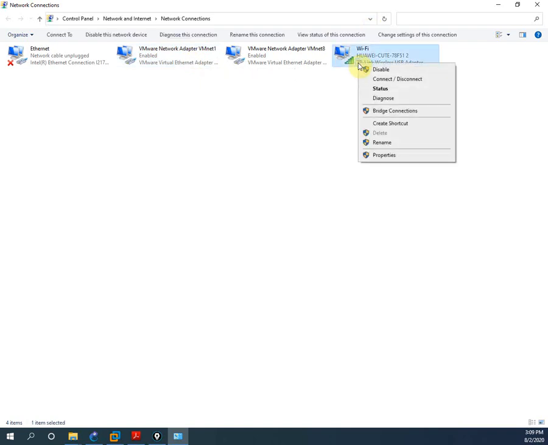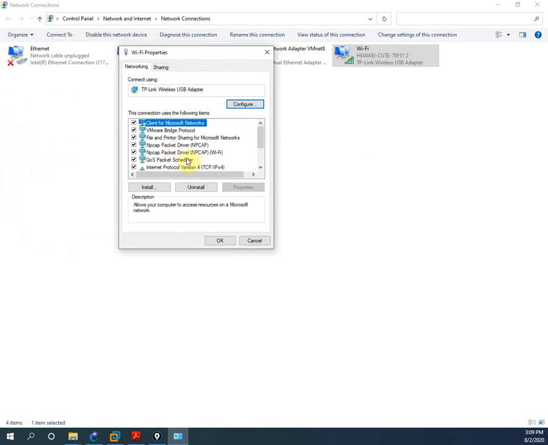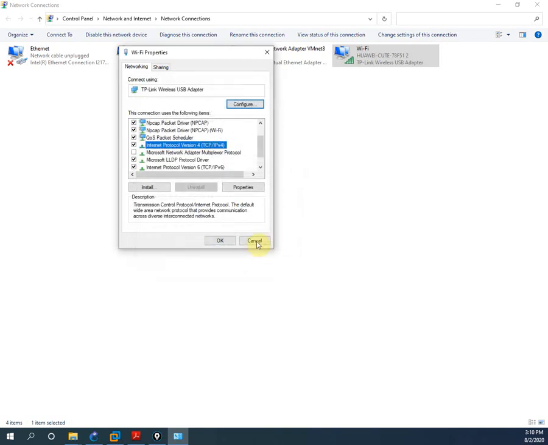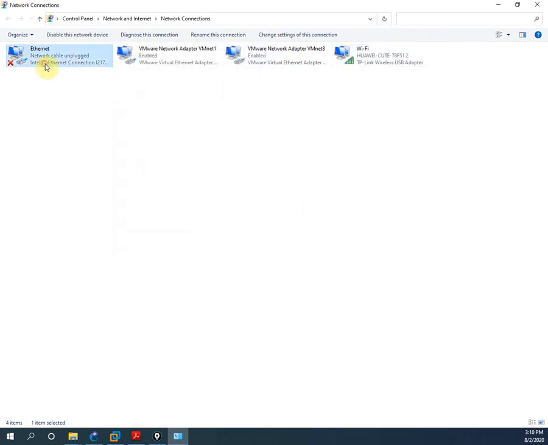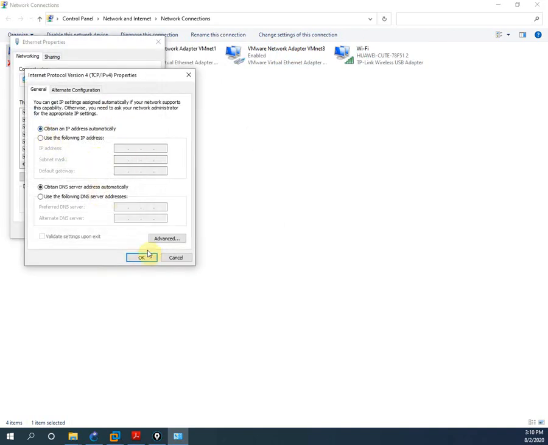If you want, let me open the properties, and if you see here, we have the IPv4. If you open this one, I assigned it automatically, means I am getting the IP address from my DHCP server to my LAN adapter, okay. And if you see, we have this Ethernet adapter. We can go in the properties, and you can go here in this one and open, and you can assign this one.